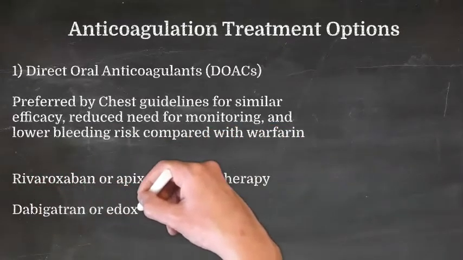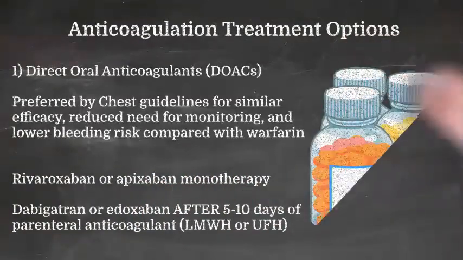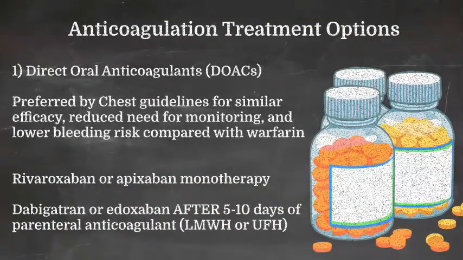And these agents are actually preferred by the CHEST guidelines because their efficacy is similar to warfarin, but their bleeding risk is actually lower than warfarin, especially intracranial bleeding, and there's a reduced need for monitoring. So rivaroxaban and apixaban are actually used by themselves. They both have a loading period where you get a higher dose. So that's 21 days for rivaroxaban and 7 days for apixaban. And then you go down to a little bit of a lower dose